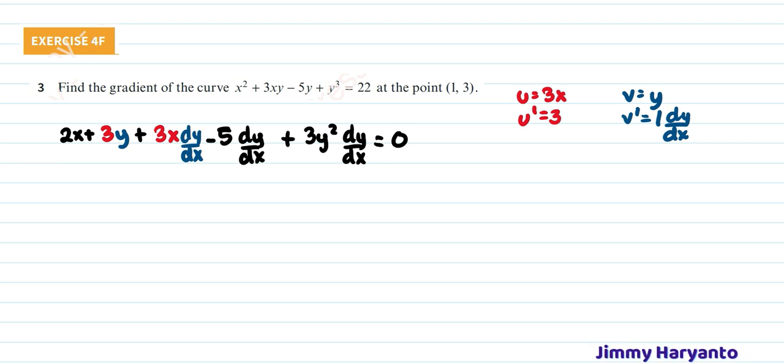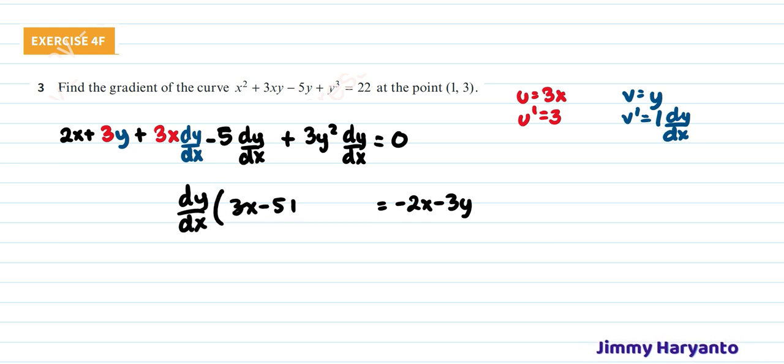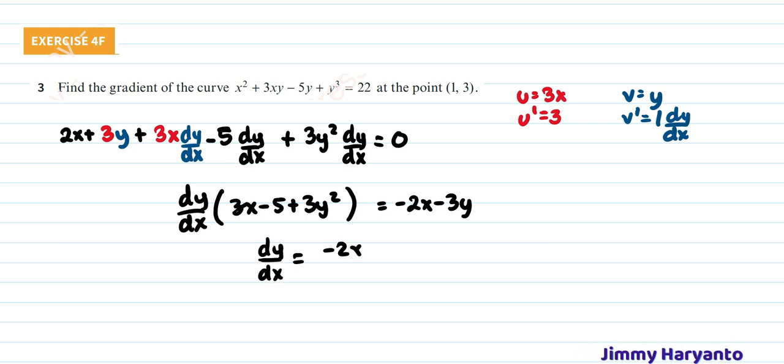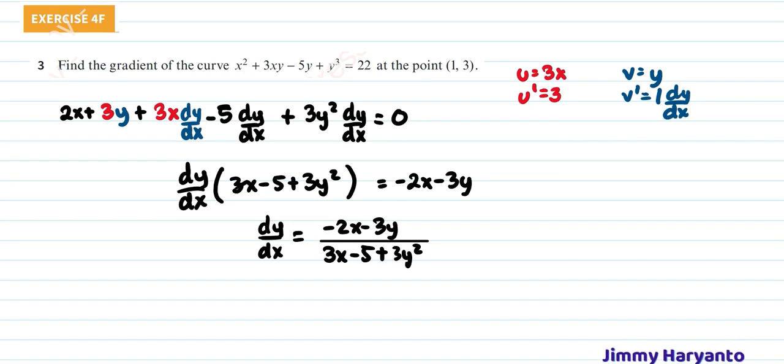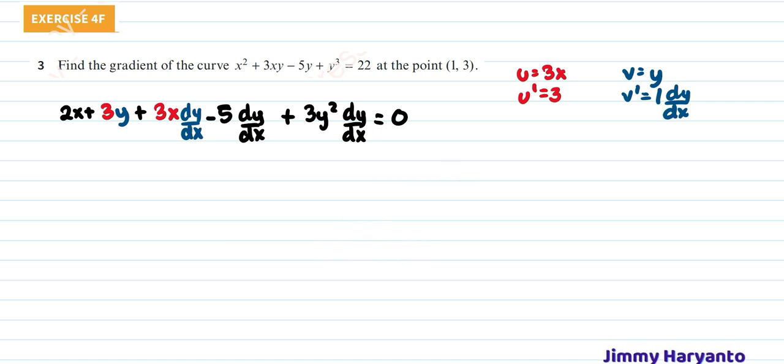Okay, this looks good, and then I will move this to the right hand side. I will have negative 2x minus 3y, and then I will factorize the dy dx right here. We will have 3x minus 5 plus 3y squared. That means dy over dx equals negative 2x minus 3y over 3x minus 5 plus 3y squared. Okay, you should do it like that, but I want to teach you something, because the question wants you to